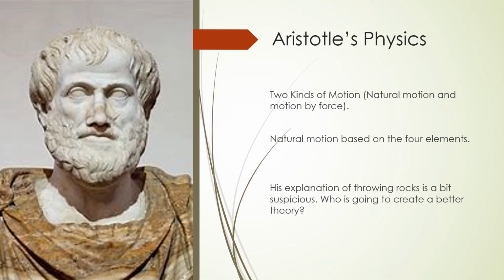Okay? Now Aristotle says that the natural motion is based on the four elements. Depending on what kind of element you are, it's going to affect what sort of motion you're going to have. So remember the four elements. You have earth, water, air, and fire. And he says that each of these four elements has its own natural place. So he says the natural place of earth, which I'll color in green, is the center of the universe. So that's where earth naturally wants to go. It is going to fall towards the center of the earth.